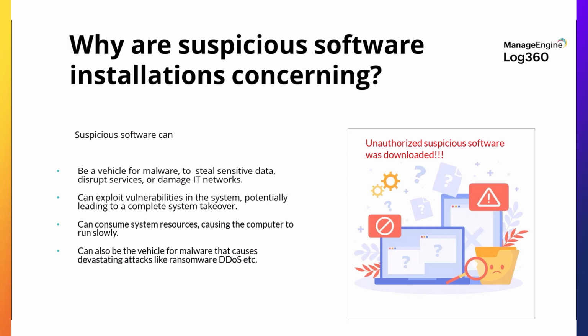Suspicious software installations are often used for multiple malicious goals. They can serve as a medium for malware that can launch and propagate large scale attacks like ransomware in the network. They can also be used to exfiltrate data or cause system and server crashes. This is usually the case with malicious software that propagates DDoS attacks in the network. This software makes it difficult for the organization's employees and clients to access critical services and information that lead to business interruption. Furthermore, malicious software can also give an attacker full access and control over a system and can aid the attacker in wreaking havoc on the network.